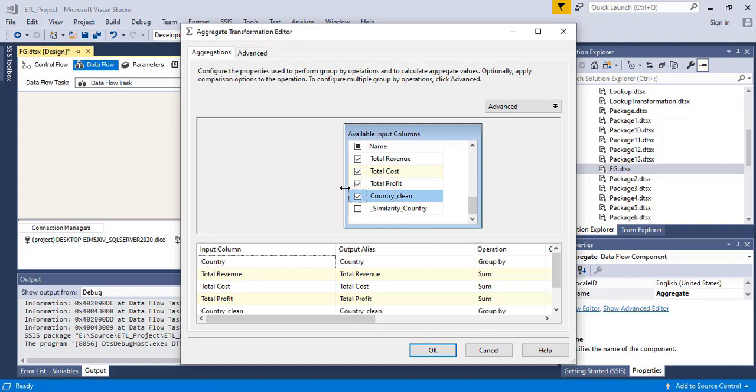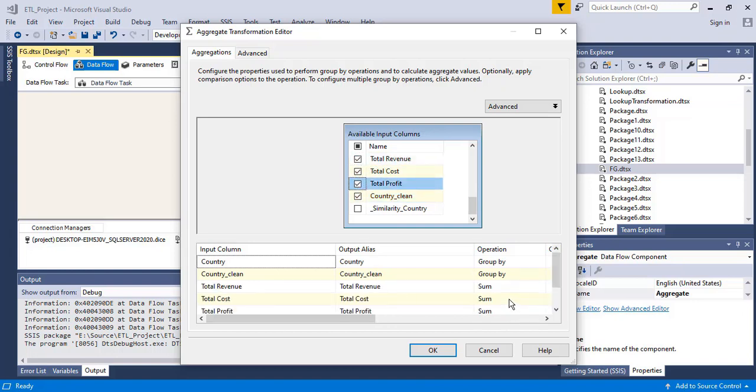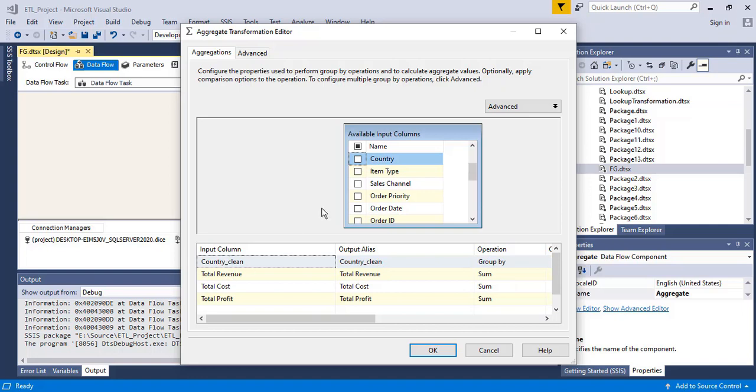This country is the incorrect value, country clean is the corrected value, total revenue, total cost, total profit. So I'm not going to consider this country. This one has the incorrect values. In this field there are some incorrect values. All values in this field are correct. Okay, group by total revenue, total cost, and total profit.